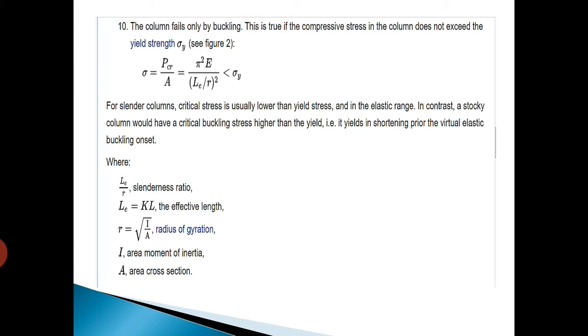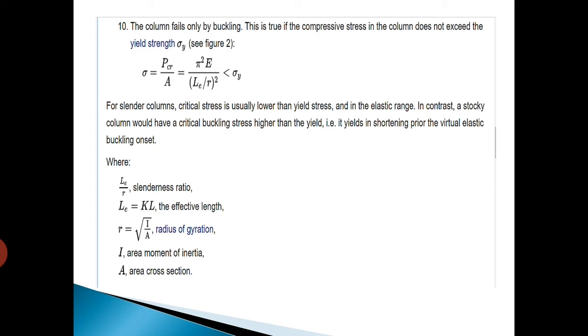See the second condition. For slender columns, critical stress is usually lower than yield stress and in the elastic range. In contrast, a stocky column would have a critical buckling stress higher than the yield, that is, it yields in shortening before the elastic buckling onset, where